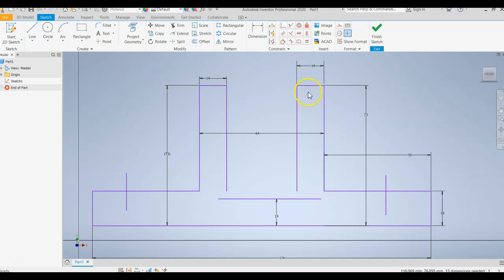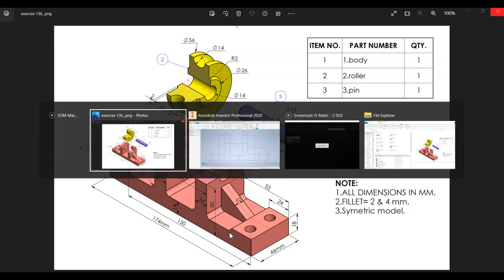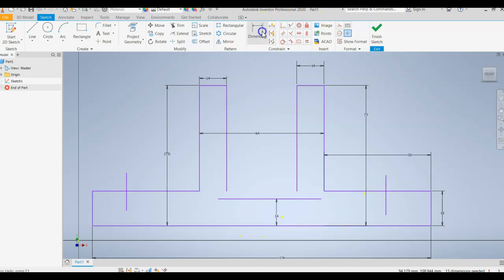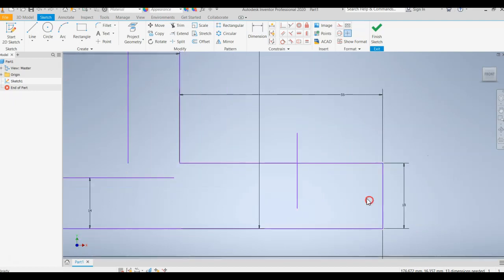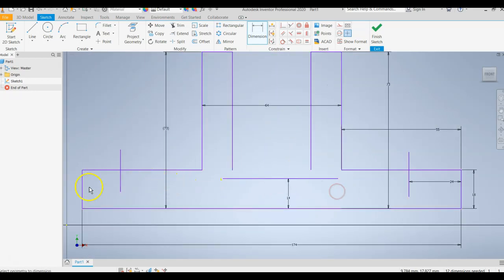here. And it looks like in the drawing it's 24 away from what looks like there's going to be a fillet on that, but we'll take care of that in the 3D modeling, not in the 2D drawing. So click on that line, click on the, oops, I'm working on a new computer and it is not liking me right now. Make that 24, and then from this edge to this line, make that 24,